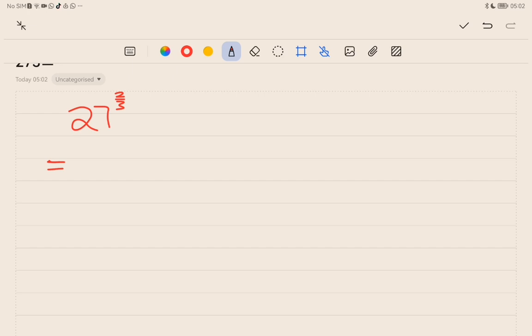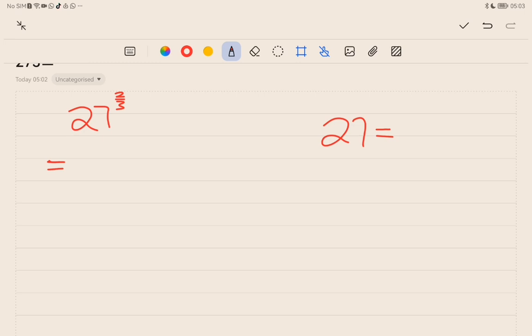So here I have the first question. The first problem says I should simplify 27 to the exponent 2 over 3. So the same way we have done in video 1, the first thing that we are going to do, we are going to write 27 in a way that it has a simpler, smaller base. So the first thing that we're going to do, you're going to switch on your calculator, press 27,